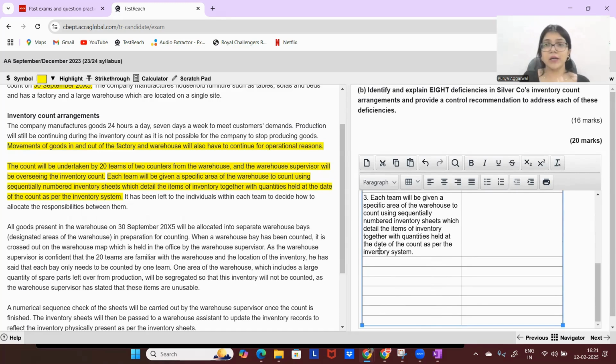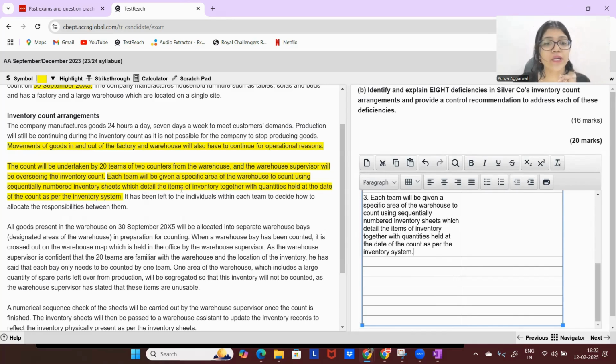Deficiency ऐसे है कि अगर आप, you as somebody who is there in the warehouse, अगर आप टीम में हो, उस टीम में हो जो काउंट कर रही है, आप क्या काउंट कर रहे हो, कितनी क्वांटिटी है, जैसे गुड ए है तो उसके 10 प्रोडक्ट्स हैं, गुड बी है उसके 10 प्रोडक्ट्स हैं, तो जो काउंटिंग द क्वांटिटी. अगर आपकी प्री पॉपुलेटेड इन्वेंट्री शीट्स हैं, क्योंकि यहाँ पे उन्होंने क्या लिखा है, they have written. If you read this again, reading of the case study is really very important for you. अगर आपने छोटी सी भी डिटेल मिस कर दी, either you write the whole deficiency wrong or you miss the